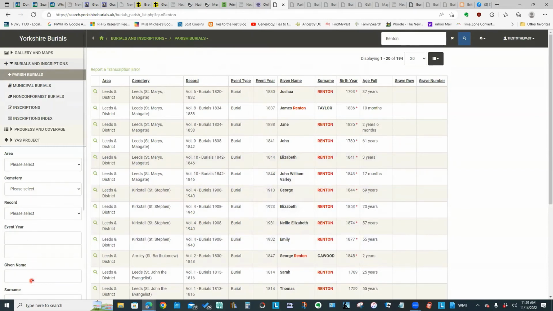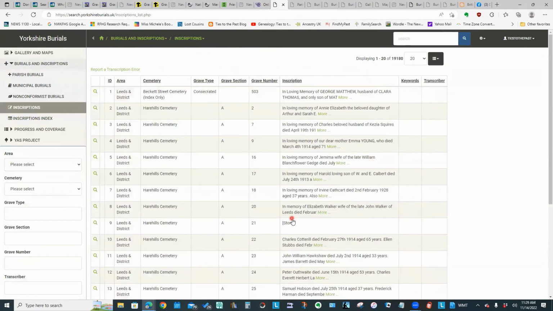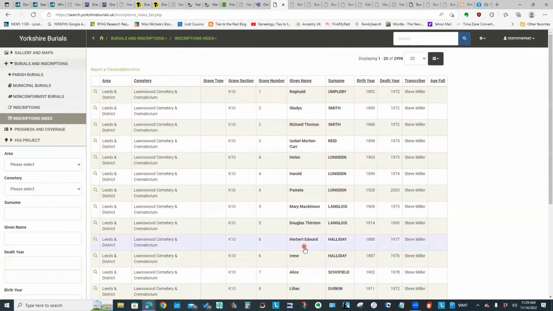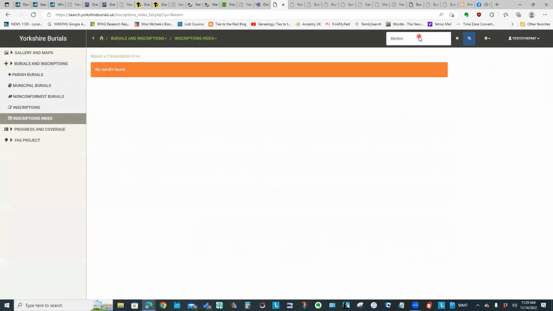I can filter it by adding in information. I could also look at just inscriptions or an inscription index and find all the inscriptions that have been recorded for Renton, which there aren't any.